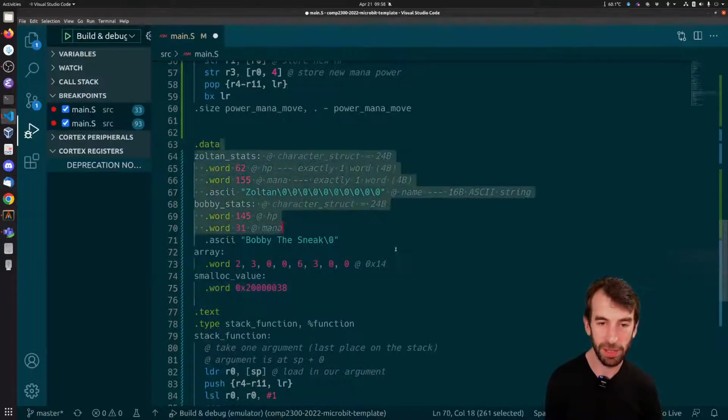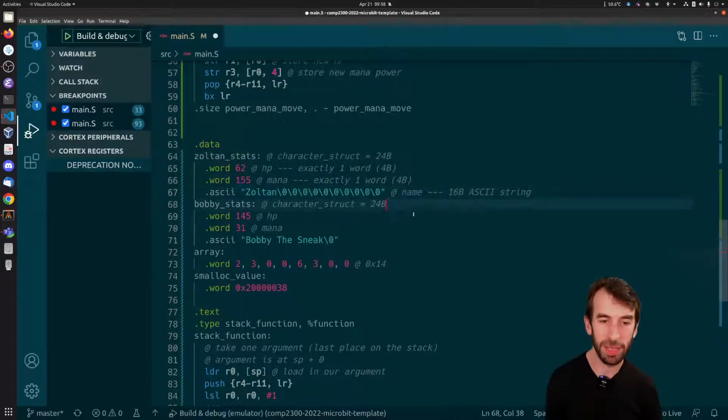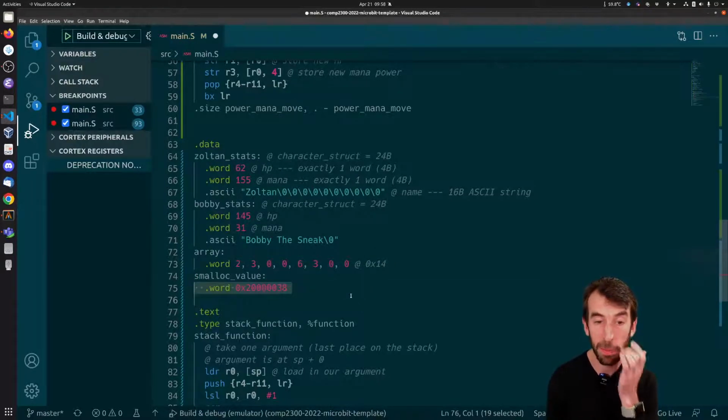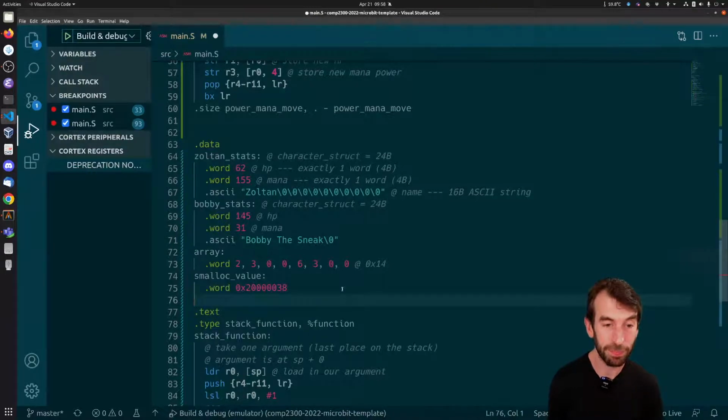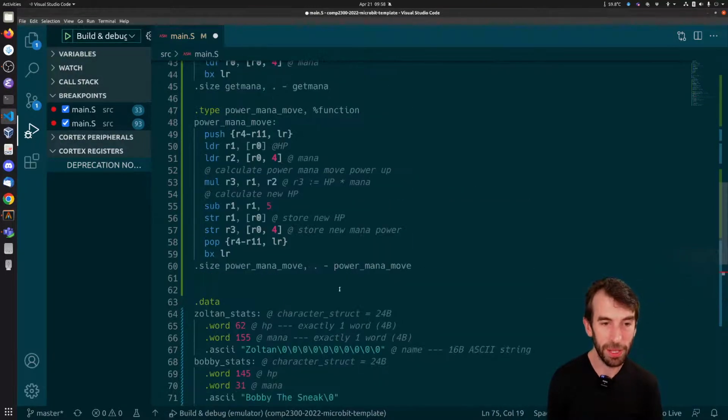So all of this one takes up 0x18. This one takes up 0x18. This one takes up 0x8. And then we have 0x38 as our leftover. Okay, so